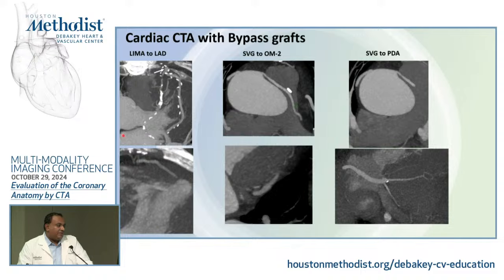Just examples of grafts, how they look. This is the touchdown slide, LIMA to LAD, and SVG going to an OM branch, and this is the SVG